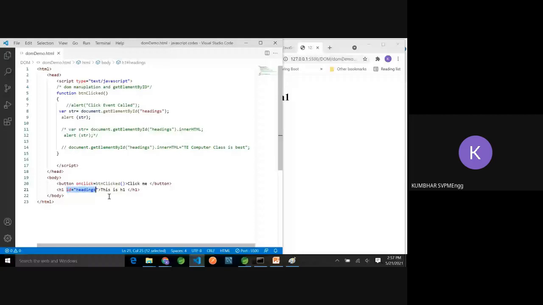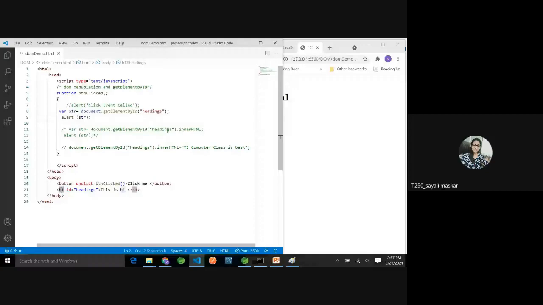Okay, but among them, what I am retrieving now with get element by ID is the element. So among these 3, which is the element? H1, correct? And this string is printing the type of that H1. So H1 is which type of object?